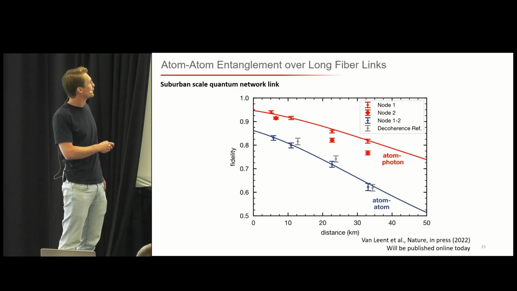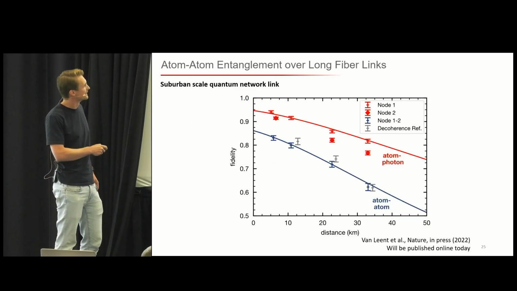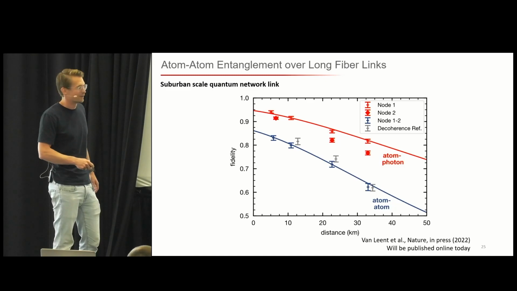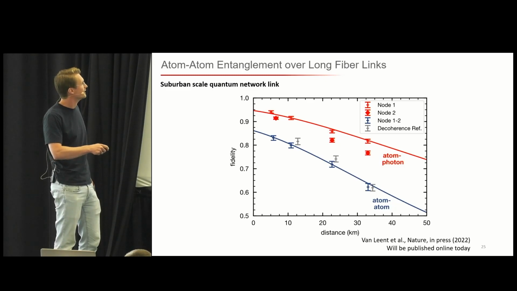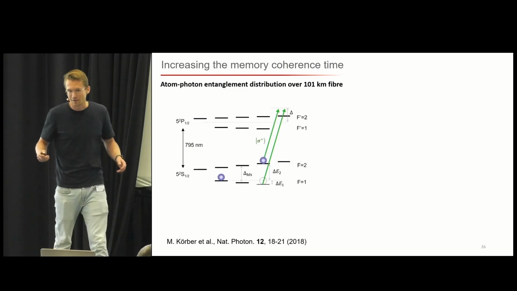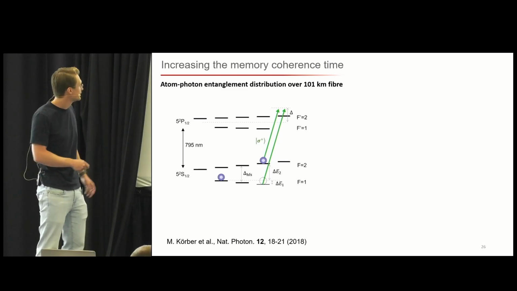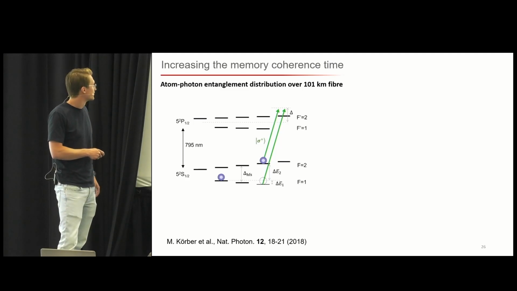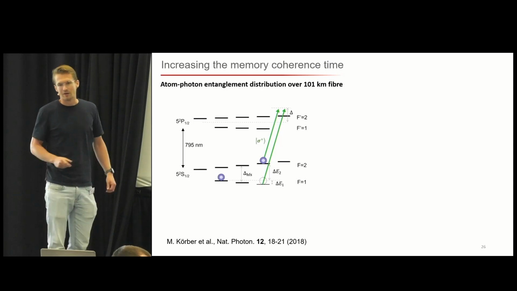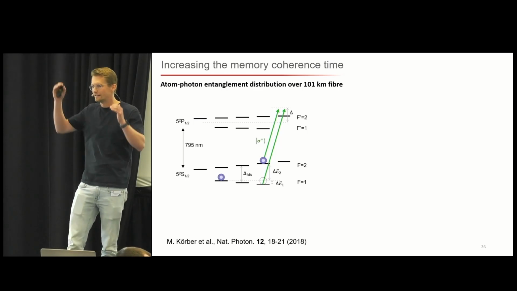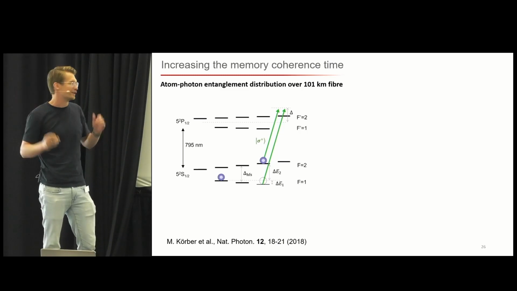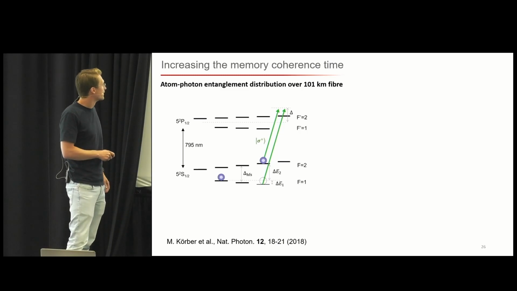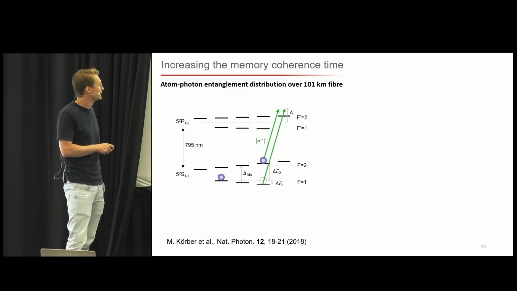One of the things that we want to do is get rid of this decay. So we want to get rid of the atomic decoherence. We want to make this line straight. For this, we recently implemented some tools that were developed in the Rempe group. Initially, our atomic qubit is encoded in these two mF states of the F=1 level. However, if a magnetic field comes by, then these magnetic states decohere. So what we can do is transfer our population to the F=2 level.